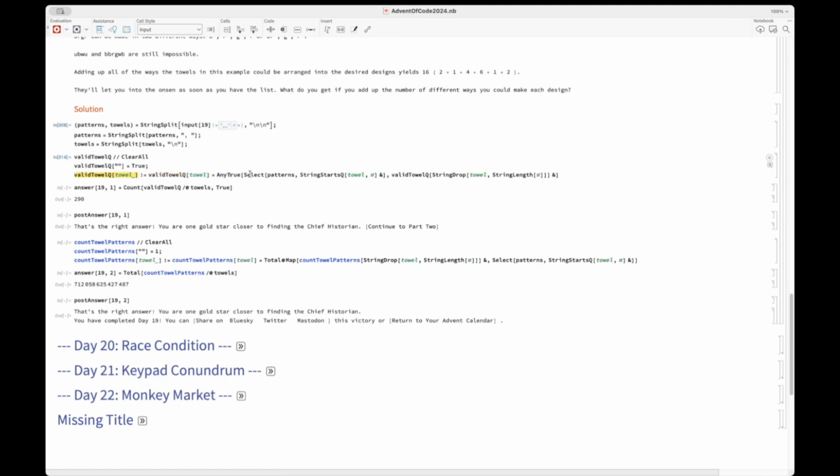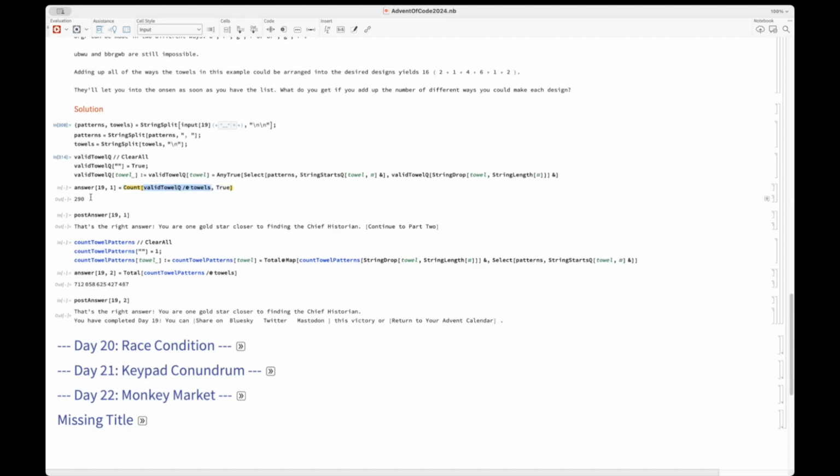So that's just a straightforward way of selecting all the patterns that the given towel starts with. Those are the available patterns, and then we recursively check, for all the available patterns, whether they are valid or not, whether the towel with that pattern stripped away is valid, right? So that's a very straightforward way of checking a towel, and then we're just counting how many towels are valid,